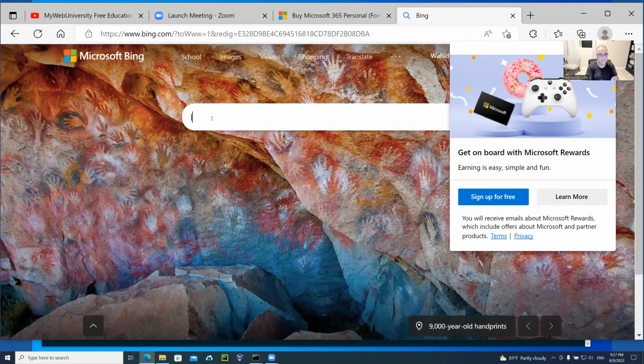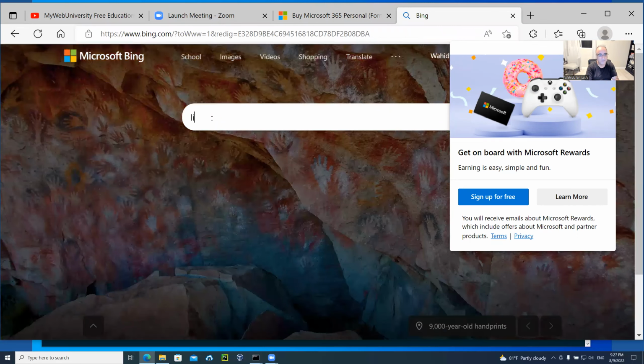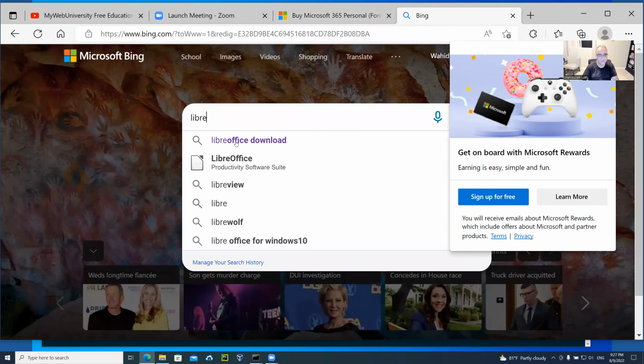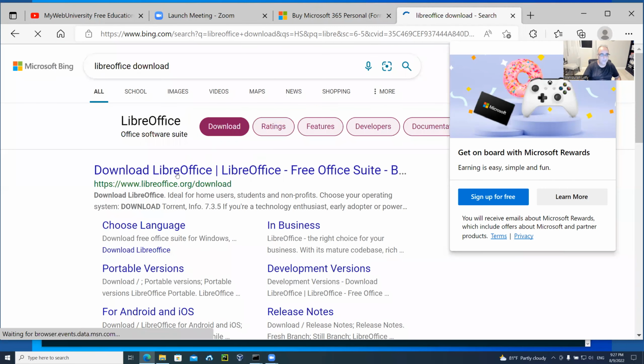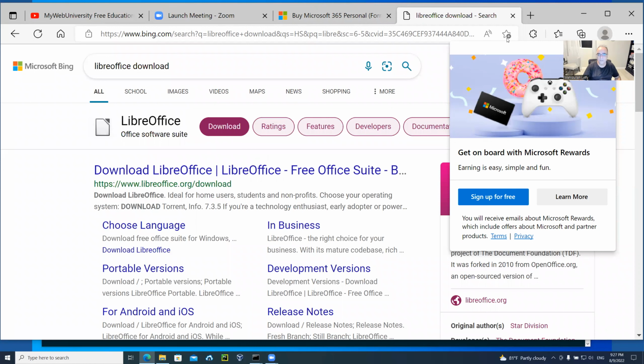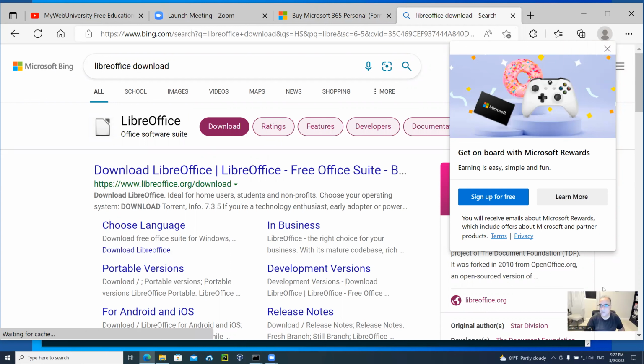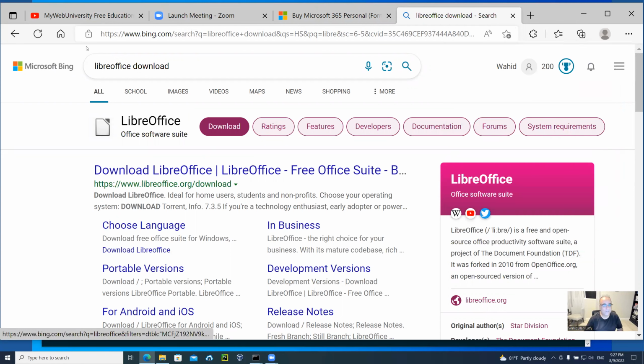So let's search for LibreOffice download. It's already selected here, somebody else searched for it, and you can see that the search engine suggestion comes in. Let me close this advertisement here. I just don't know why these banners are showing up. Okay, and this is the LibreOffice download page that we can just go to and then download